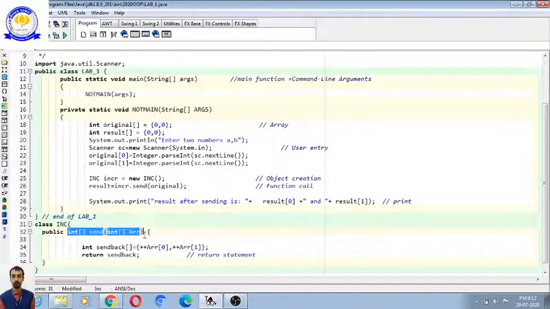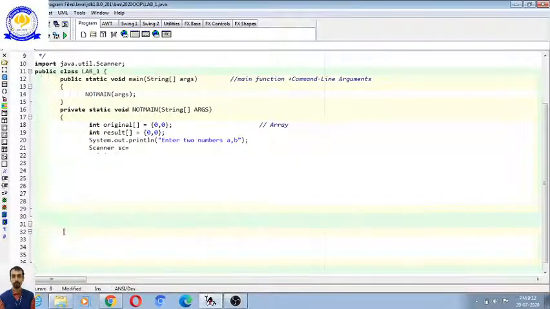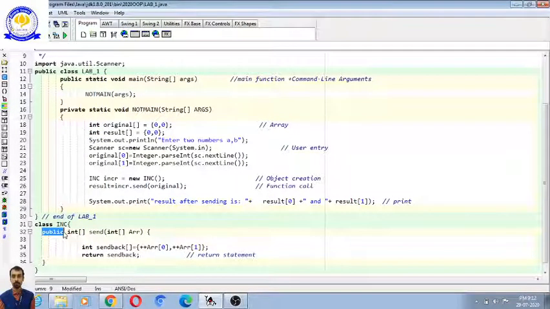It is a function. Its return type is an array. This first word we will see later on. But what we recognize from previous classes is that if something is written before a function, it is a return type. So it is returning an array data type, with square brackets. It's an array, and the name of the function is send, and it is also accepting some argument.